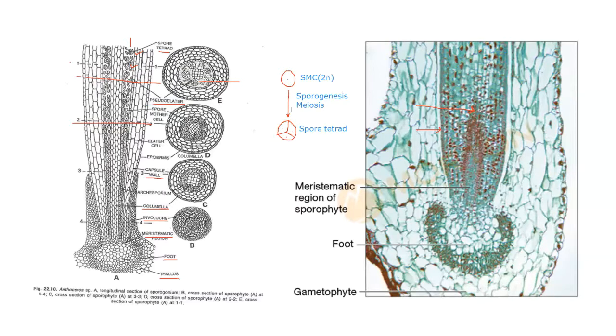The spore mother cell undergoes reduction division to form 4 haploid cells. Along with this, the chloroplast of the cell also divides to form 4 chloroplasts, so that each of the spores will get 1 chloroplast right from the beginning. So each haploid cell receives 1 chloroplast. The mature spore is tetrahedral. The spore is yellow in color. Some species may have black color also, but usually it is yellowish.